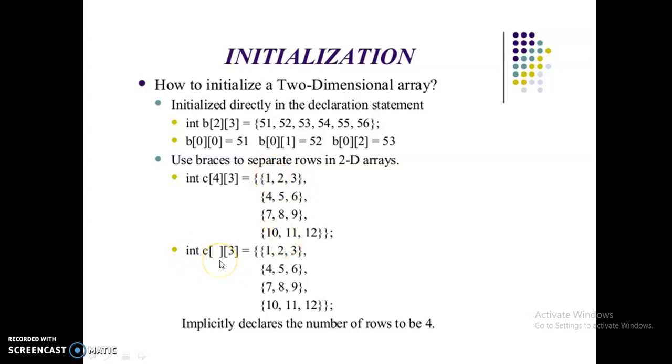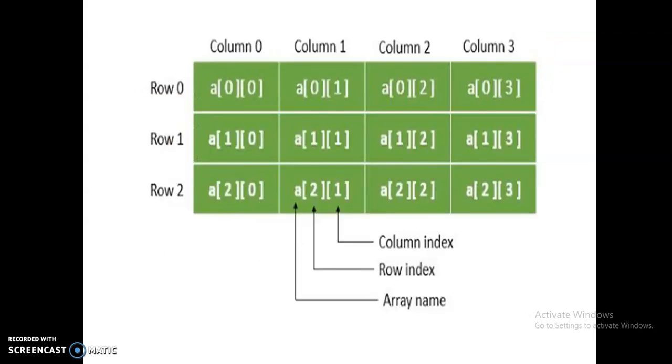Here is the example of the dynamic declaration of an array. Within the square brackets, if you didn't give any size, it will take a dynamic value. If you give 2, it will accept 2. If you give 3, it will accept the size 3. If you give the size 10, it will accept the size 10. So this is the dynamic initialization of the array in C.